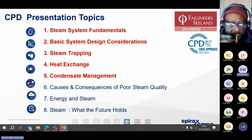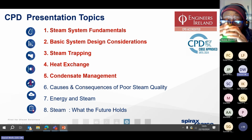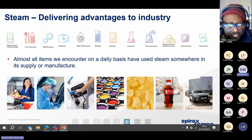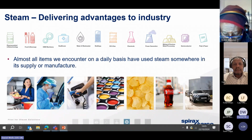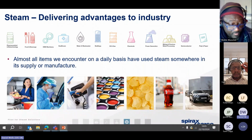And today, I really want to move away from the energy side of steam engineering. And I really want to look at the causes and consequences of generating, distributing, and more importantly, using a condition of steam that isn't as it should be. And as far as today's presentation is concerned, I've chosen to specifically drill down and look at the food and beverage industry in some considerable detail. So please do bear in mind that a lot of what we're going to learn in today's webinar is applicable to other industries such as the pharmaceutical sector, healthcare sector, chemical sector,